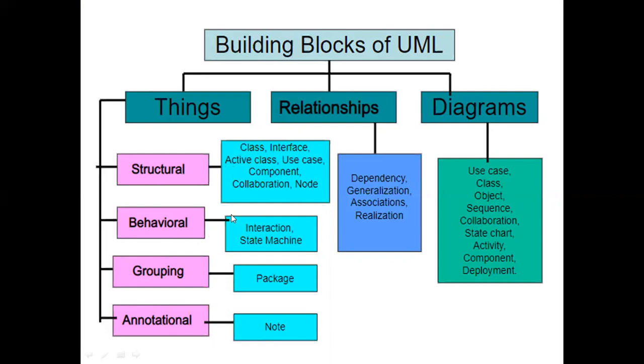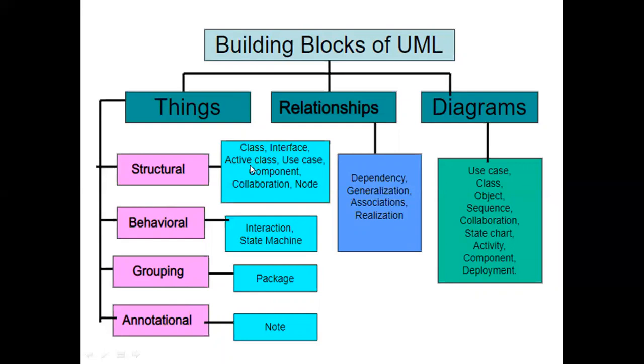So the behavioral model is used in the fourth unit. Next, the same advanced behavioral model you explain in the fifth unit: state machine, that is in the state chart diagram we are using state machine. Next, grouping things are used in the sixth unit for the component diagram. And in the sixth unit you explain another diagram, that is deployment diagram. In the deployment diagram you are using node, that is the node is used in the sixth unit.